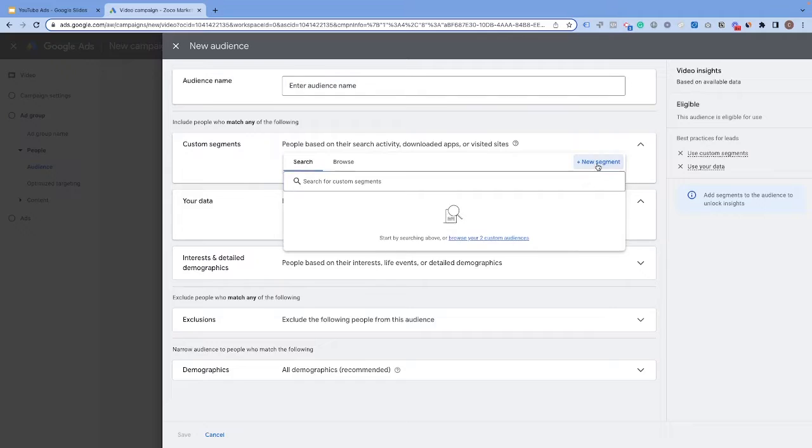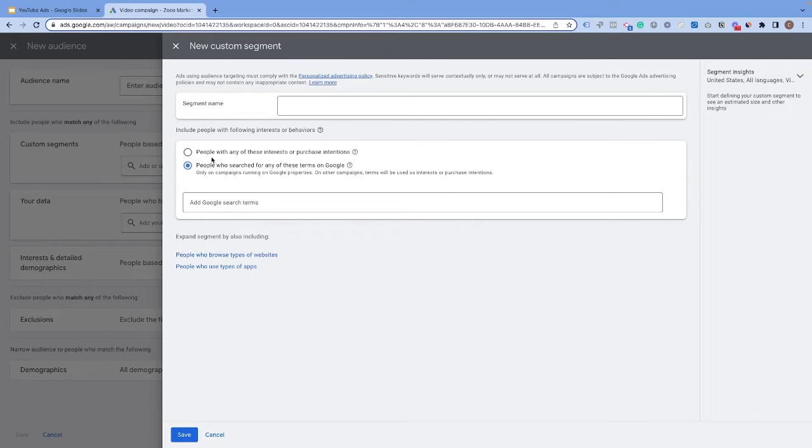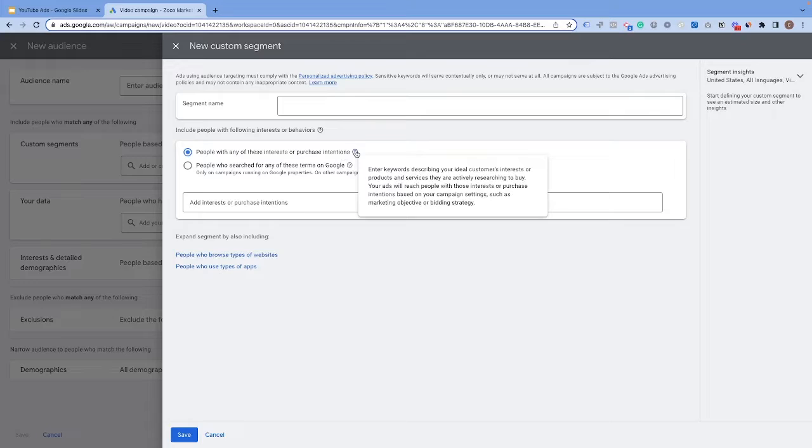We're going to hit here. We're going to add a new segment. And inside of here, you're going to notice there are lots of different options to target people. You can see you can target people with any of these interests or purchase intentions. So you can see Google defines this as entering keywords describing your ideal customer's interests or products and services they're